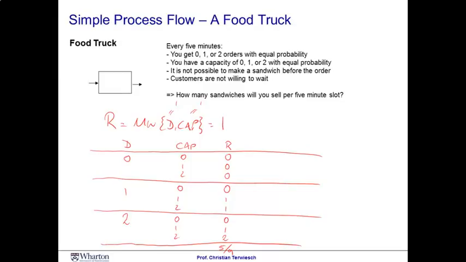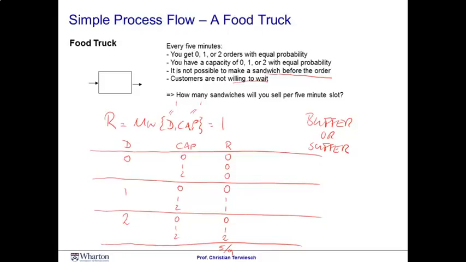Now, people refer to this effect as buffer or suffer. Buffer or suffer means that in a system that is not able to buffer the variability, we will suffer a loss of flow rate. Remember our crucial assumption here. The food truck is not able to make a sandwich before the order occurs, and customers are not willing to wait for it. So we explicitly eliminate inventory, both inventories of waiting customers and inventories of waiting sandwiches.